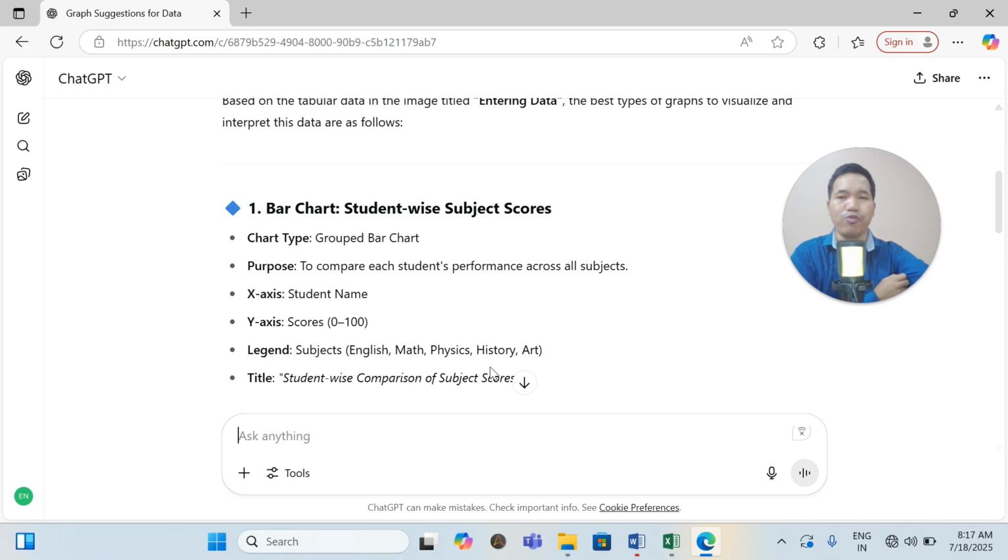Now most people just type, give me the Excel format, and give me the Word file format. Yes, you are going to get it, there is no doubt, but that is not a professional skill. If you want to become a good teacher, a good student, or a good employee, then you should follow what I'm giving in this prompt.